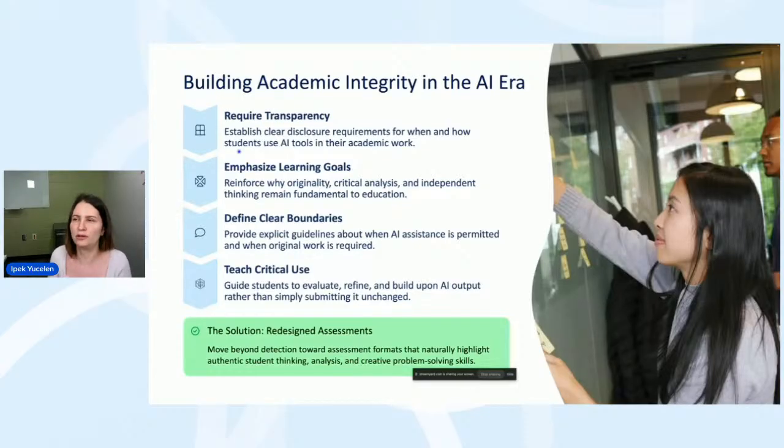So we want to tell them over reliance on AI will diminish those skills for them. So it is important for them not to use AI in the creative tasks. And you can also come up with boundaries if you're going to require AI usage, where they should stop, right?